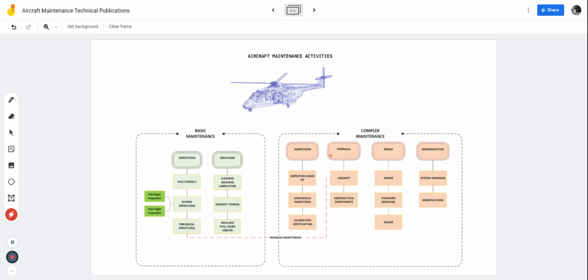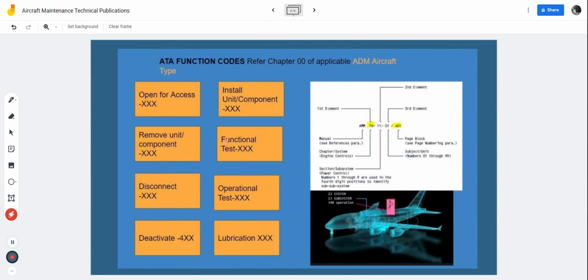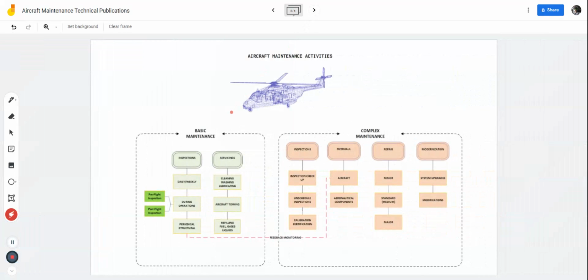That feedback will go back to the overhaul phase, and engineering will determine if these are repaired, if it needs to be conducted, or if it is part of a standard repair or a major repair, or even scrap the aircraft. So there are many scenarios here. But the whole point with the technical publications is, if you're aware of these codes of what you are doing there, that also gives you a broader picture, the bigger picture of what you're doing